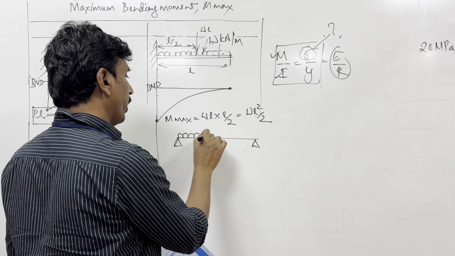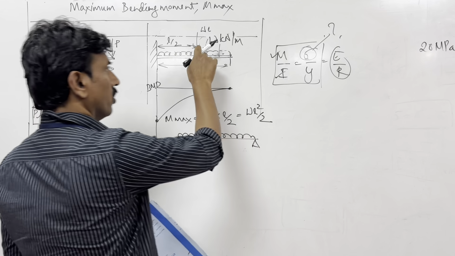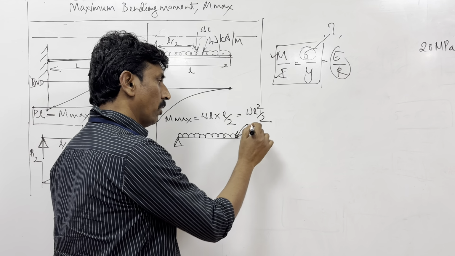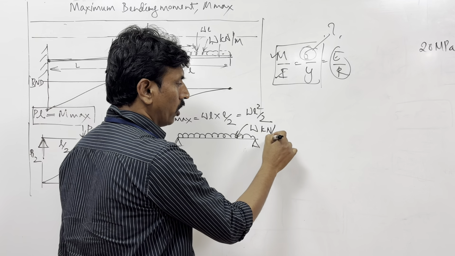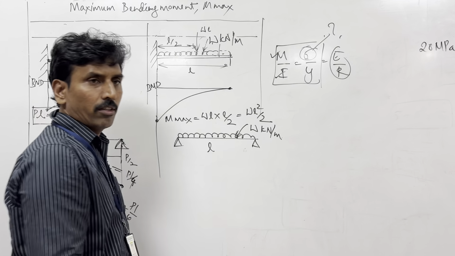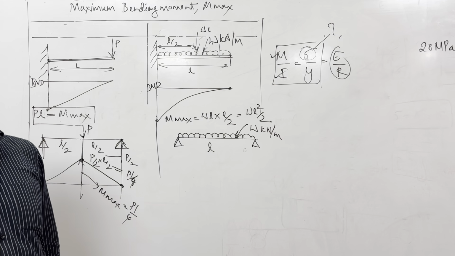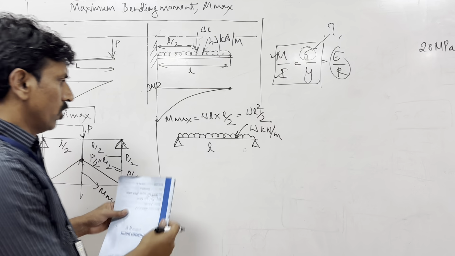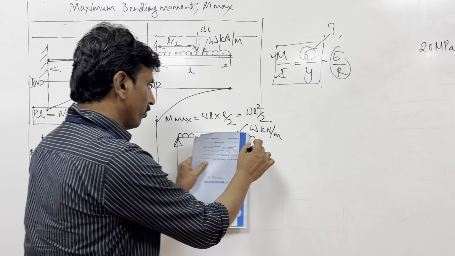Guys, in the same way, the previous case was UDL on a cantilever. Now it is a UDL on a simply supported beam. This also has W kilonewton for every meter, and this length is L. Where do you think the beam would have maximum bending moment? Again at the center, obviously. So for this, if I draw the bending moment diagram,